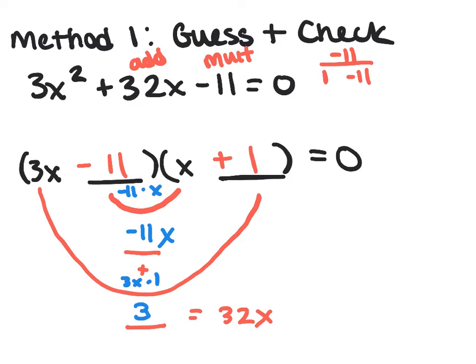which is 3x. So if I check, I would add the negative 11x and the 3x. And if we check that, does that equal 32x? No, this would only equal negative 8x. So this would not be an option that would work. So now let's try switching the numbers. So instead, I'm going to erase what I have here. So now instead of doing negative 11 plus 1, let's fill in